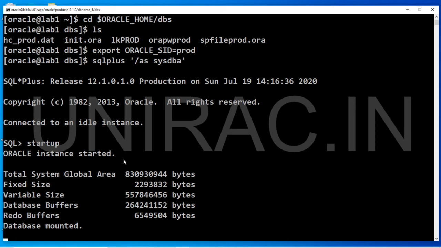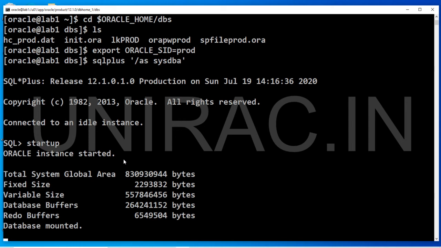From the spfile we confirmed that we have only the prod database, and from oratab we also confirmed only the prod database. There is no test instance on this box. So we got that error due to the wrong instance name we were trying to connect to. We have seen that with the right database connected, the startup works.